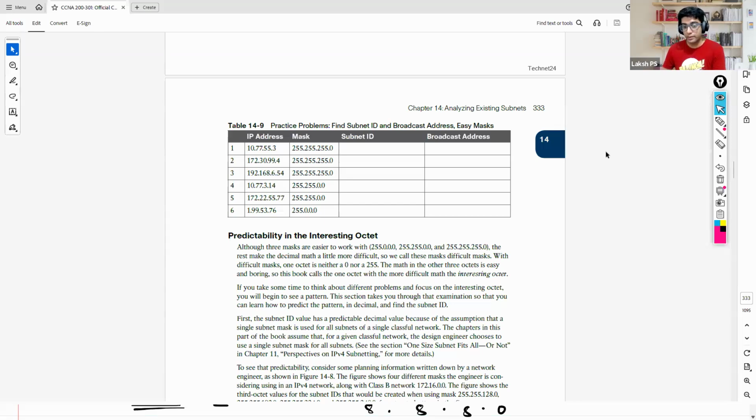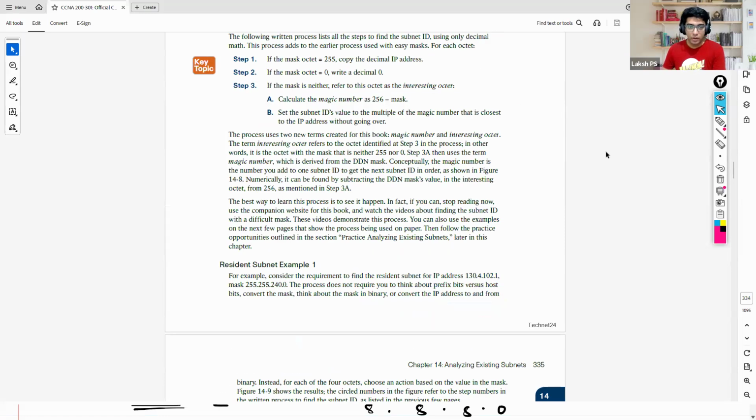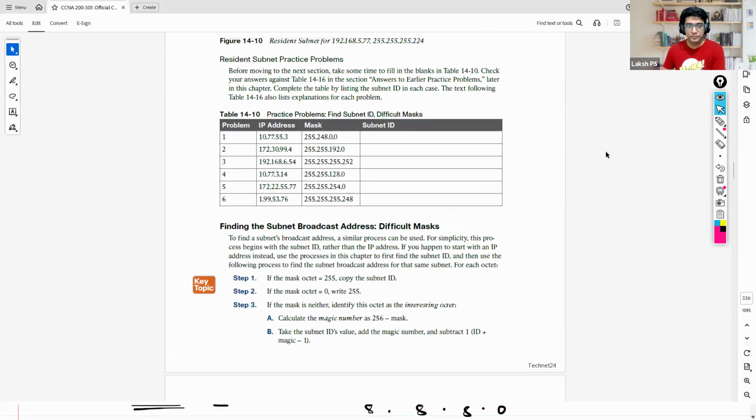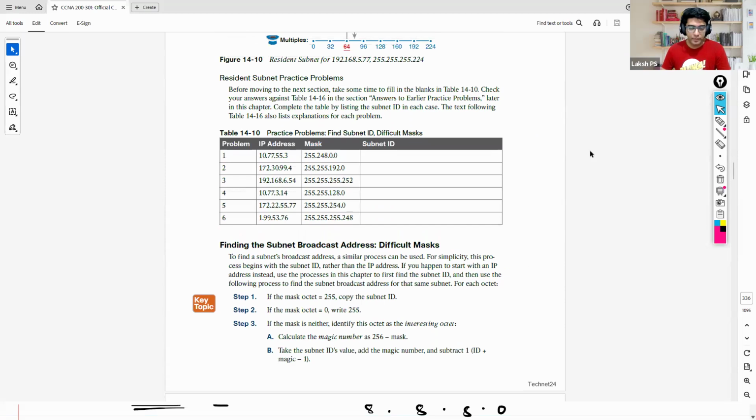How to find out the network ID, the subnet ID of the difficult octets. So for simple networks, or simple octets, let me just